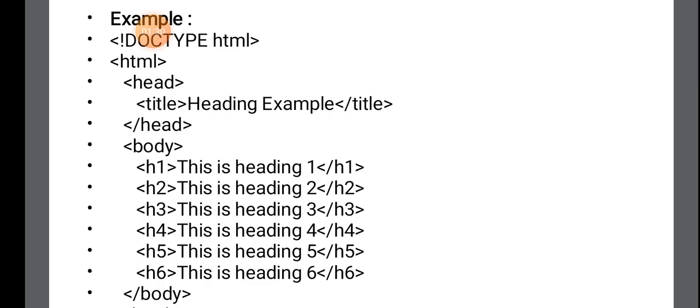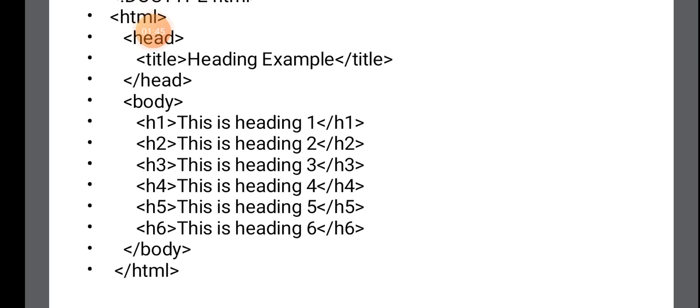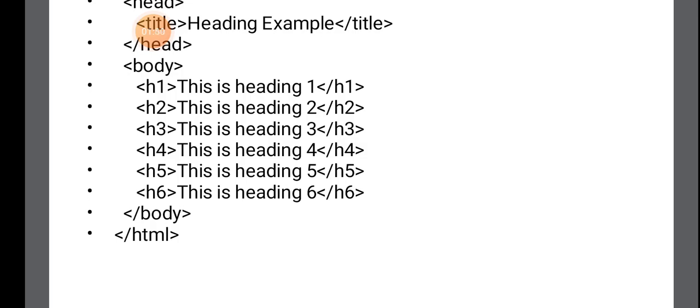For what purpose are we writing this program? For the heading concept. So I have given the name as heading example. It's a paired tag, so close that. For the closing tag, I told you, you have to put a backslash. Then finally close the head tag. Open the body tag. In this body tag, I have given you all the 6 levels of heading. I have written a line and every line is going to display as a heading as I have given.